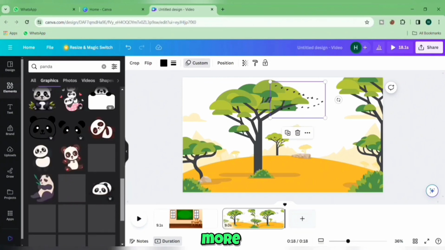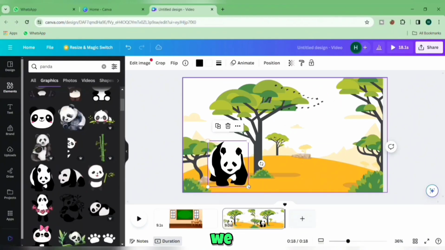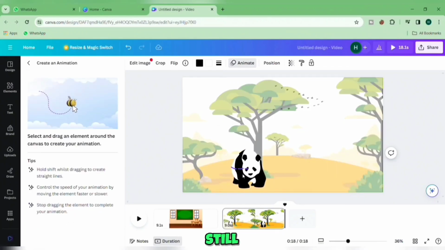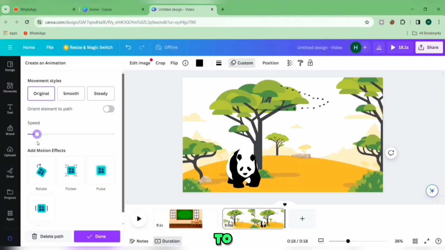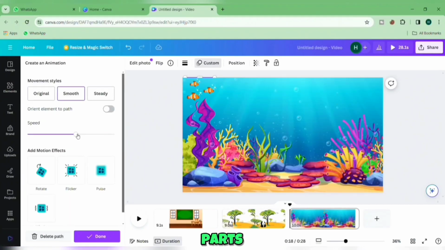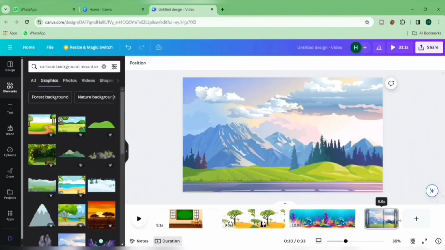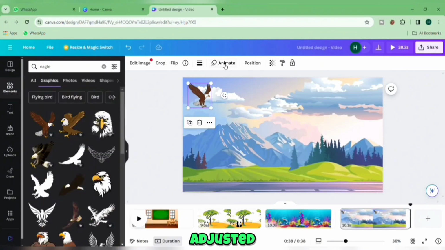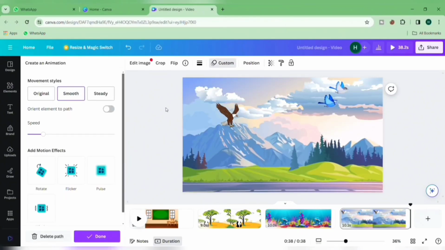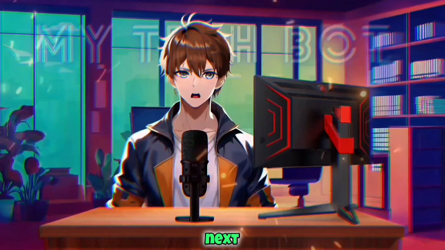Now, let's add more details. Time to search for our panda. Placing it into the picture, we can play around with animations. Whether it's in motion or perfectly still, Canva gives us the flexibility to make it just right. Now, let's repeat the same process for the other parts of our video. Canva is impressing me with how easy it is to use. After we've made our scenes and adjusted their length to match our audio, the next step is heading over to